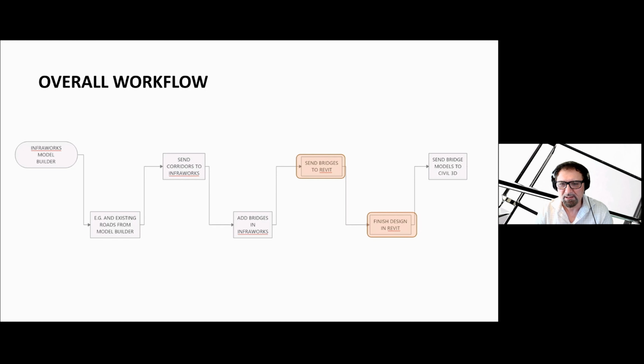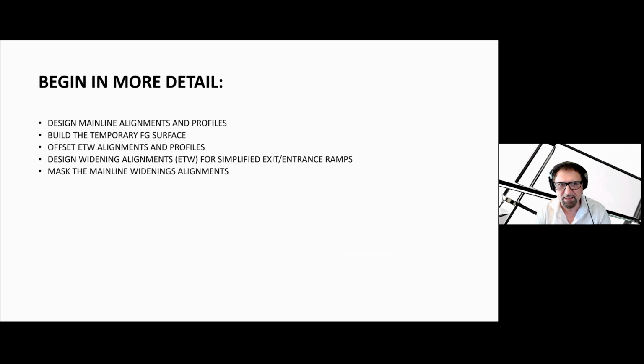All right, so let's take a look at a little more detail. We will begin first by designing some mainline alignments and profiles. Those mainline alignments are basically the intersecting roadways. Then I will build a temporary finish grade surface. This temporary finish grade surface will be used as a reference for a very quick design of the ramp surface profiles and curb return profiles.